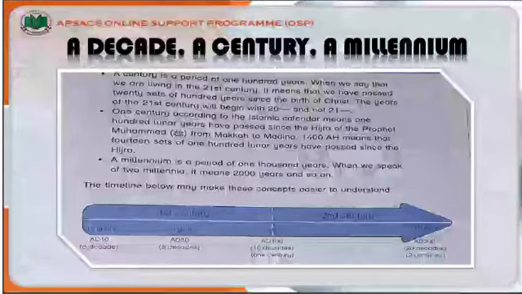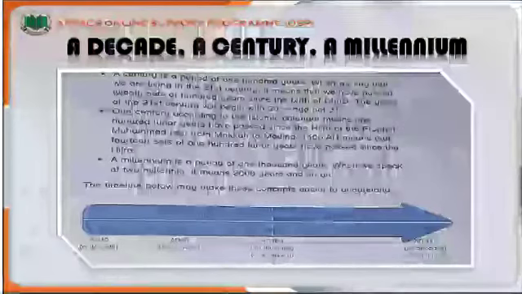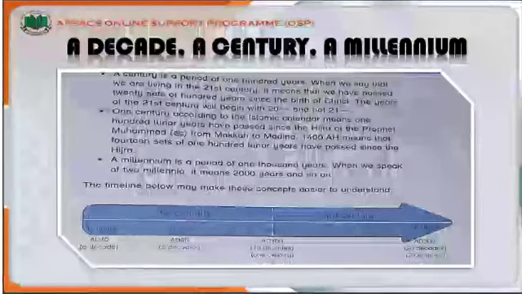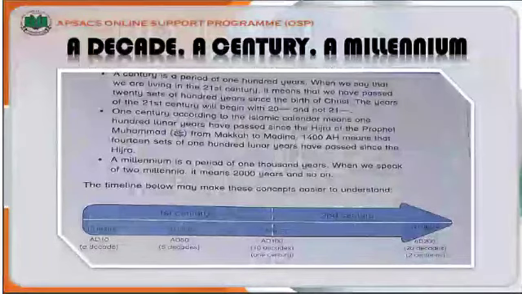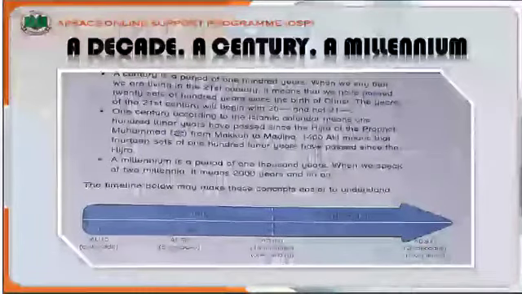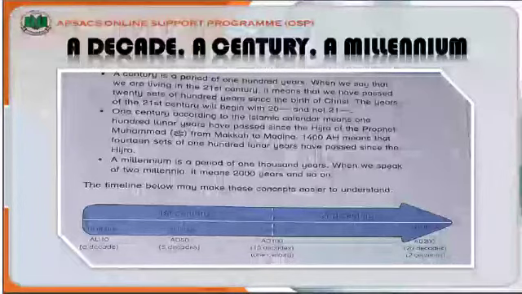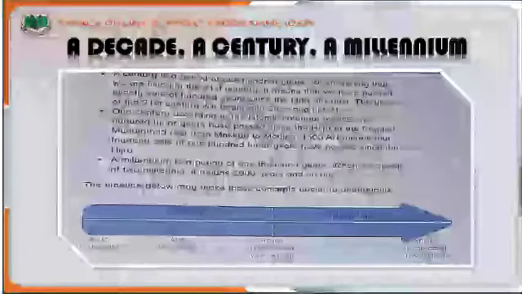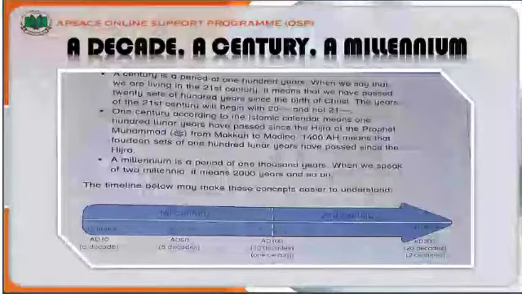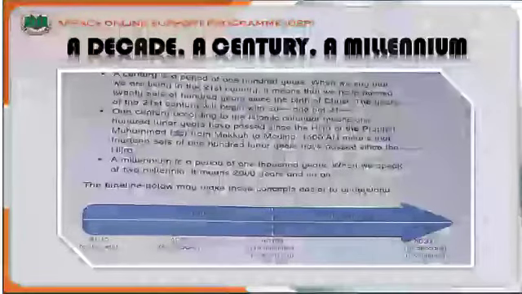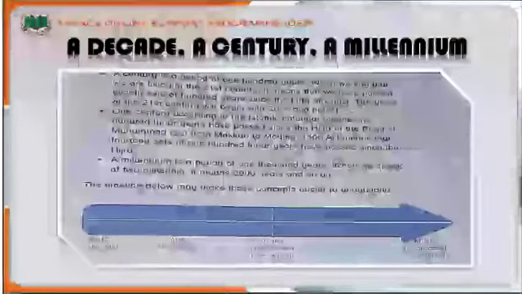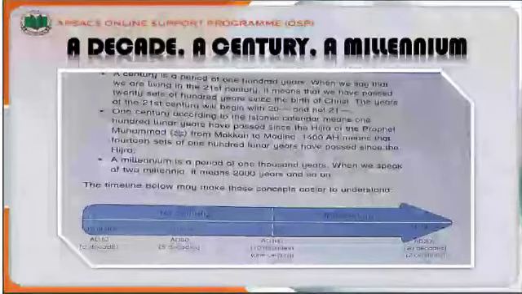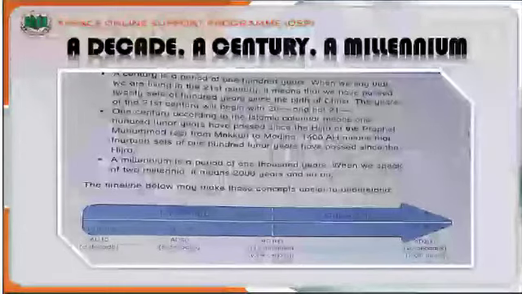One century, according to the Islamic calendar, means 100 lunar years have passed since the hijrah of Prophet Muhammad sallallahu alaihi wasallam from Makkah to Medina. 1400 AH means that 14 sets of 100 years have passed since the hijrah. A millennium is a period of 1000 years. When we speak of 2 millennia, it means 2000 years and so on. Look at the bar below to understand this.